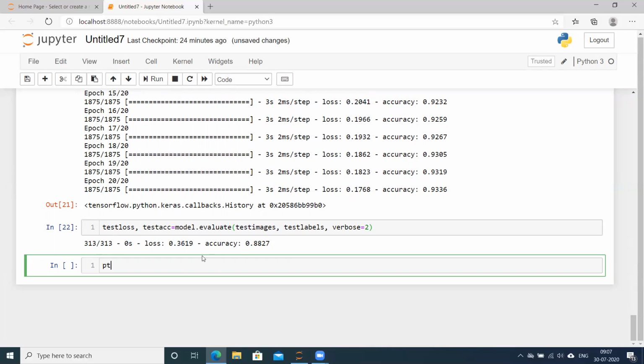So we are going to add one more layer to our model so that we can get the output in the form of probabilities.